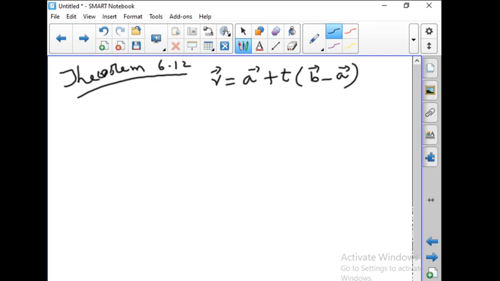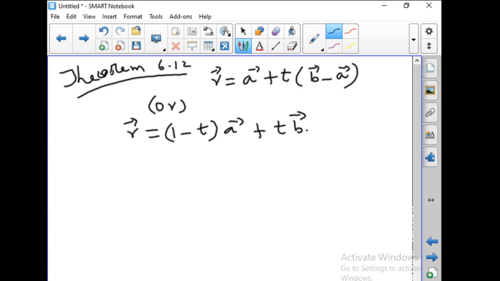So this is the vector equation of a straight line passing through two points whose position vectors are a vector and b vector. This we can also write as r vector is equal to 1 minus t into a vector plus t b vector. This formula we can use when doing problems so that we can take the vector and write it as it is. In the first form we have to subtract and write, but here we can write as it is. So the second form is better to use in a problem.